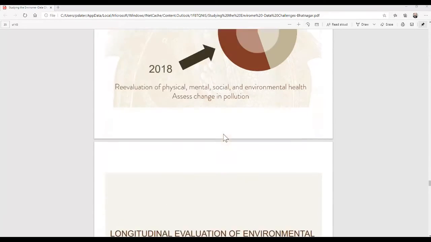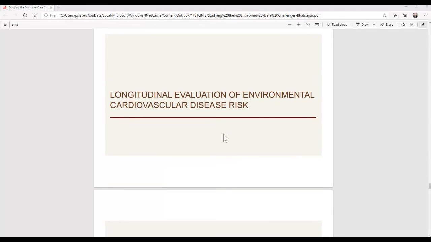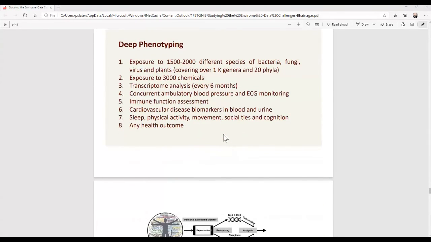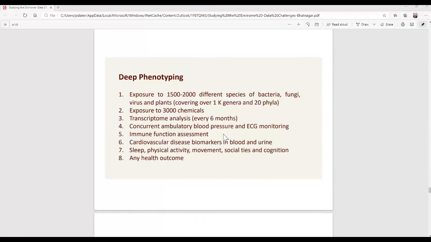Next slide, please. So the other thing that we are planning to do is, within this area, recruit a group of people who we can follow in depth, and that we have them wearing what we call an exposome meter. And this exposome meter is something that would collect a lot of different biologics that people are exposed to, or different chemicals they might be exposed to. And we call this the longitudinal evaluation of environmental cardiovascular risk. The next slide lists the actual